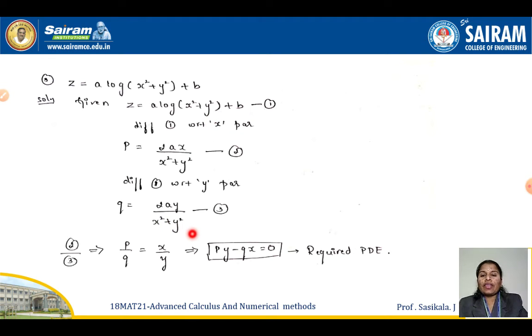So now you can see we can't replace p and q value in terms of a and b here, because separately we couldn't find a value of b to replace, like in the previous two questions. So what I did, just divide p and q. What will happen? This 2ax, 2ay will come. So 2a will get cancelled. X by y alone will be there. X square plus y square also will get cancelled. So cross multiply, py minus qx is equal to 0.